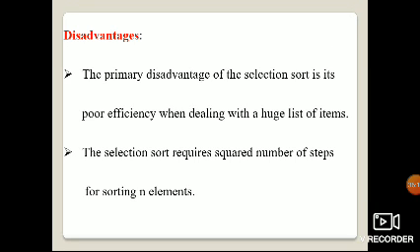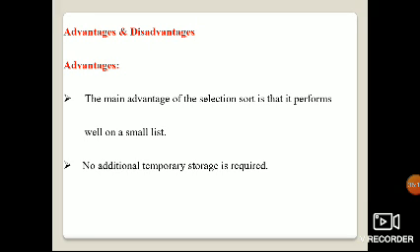So once again, we will see what the applications are. It has to select only the smallest elements in the list. A small list is to be sorted. The cost of swapping does not matter. Checking of all the elements is compulsory. The cost of writing to memory matters, like flash memory we will be using.